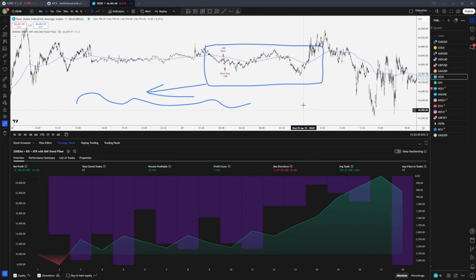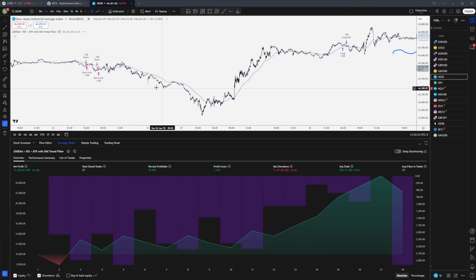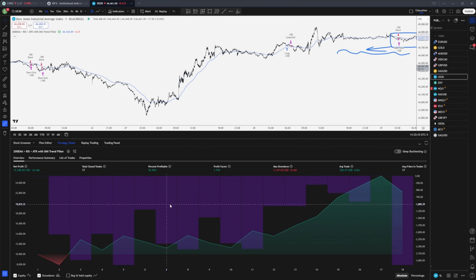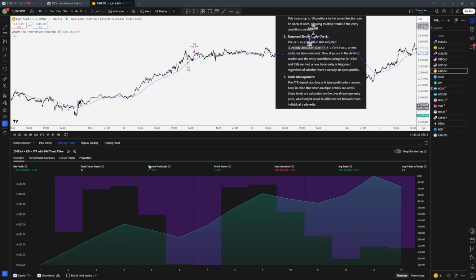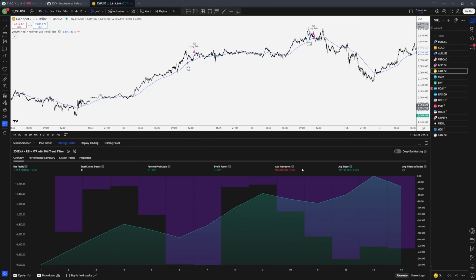So let's see how the strategy performs now. It's going to be filtering out a bunch of trades that are happening during consolidation. And now we can see we actually managed to get that profitable win rate up to 52% with a 1.9 profit factor, which is insanely good. Same story here. 60% of your trades are profitable. You have a profit factor of 3.3 even, which is crazy. For a drawdown of not even 3%, you are now making